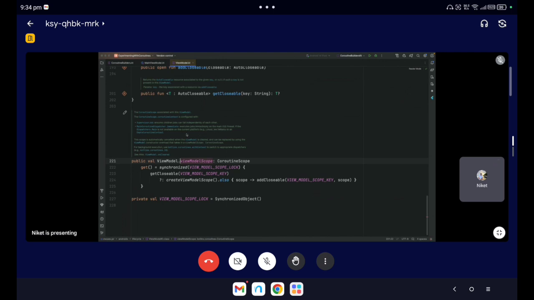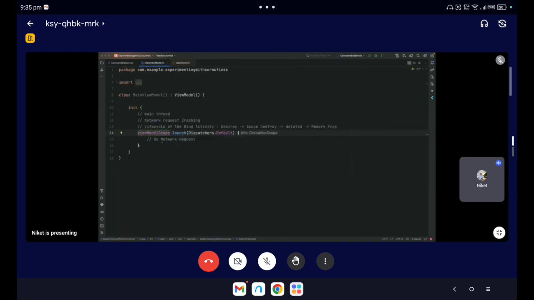Okay, then it has a supervisor job, which we're going to discuss in much more context tomorrow. And then we can execute our job in the main thread using the supervisor job and the main dispatcher to execute our things in the main thread. Okay,